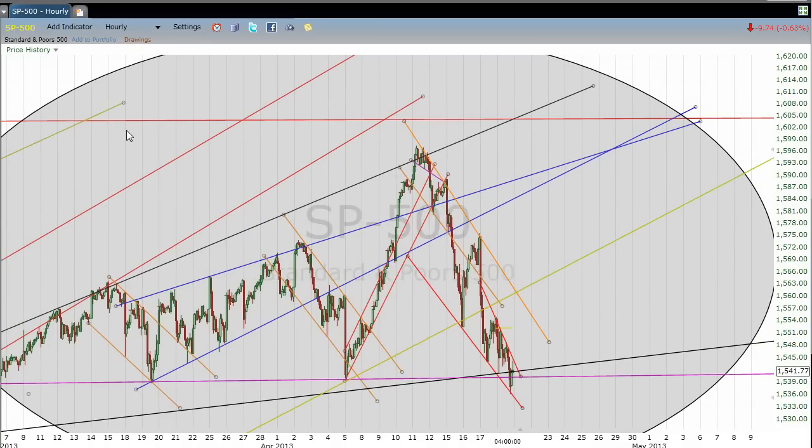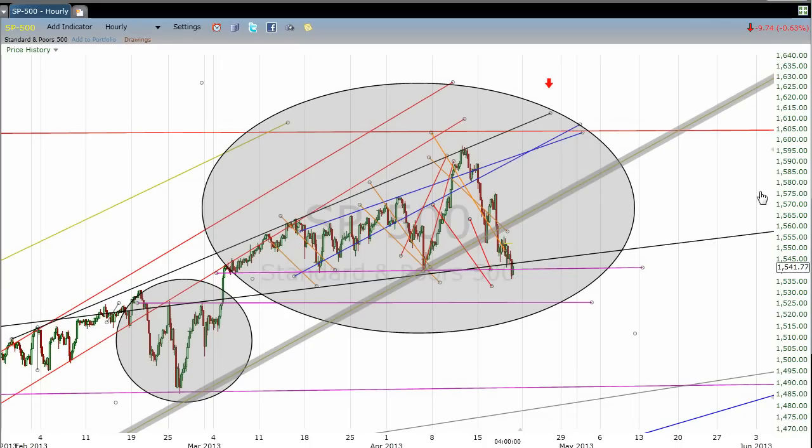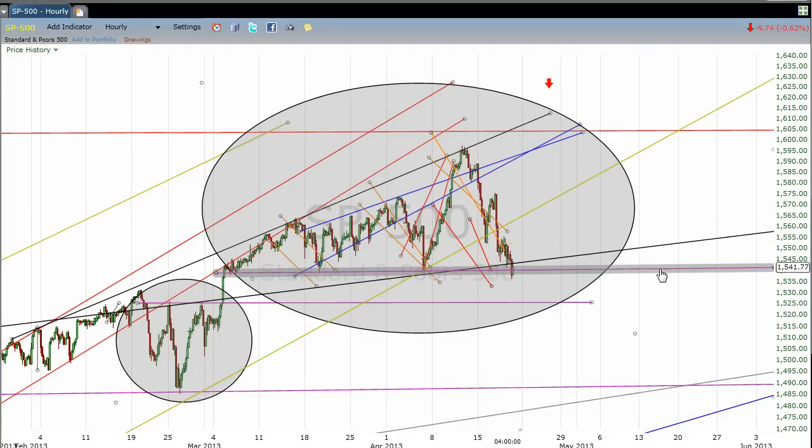Let's look at it on a 1-hour chart. Got to move this guy again. That would give us room to wiggle around a bit and come up for a right shoulder back test of this line. And if we do get that, be on the lookout for the S&P to turn back down and then come back and test this 1540 area again,